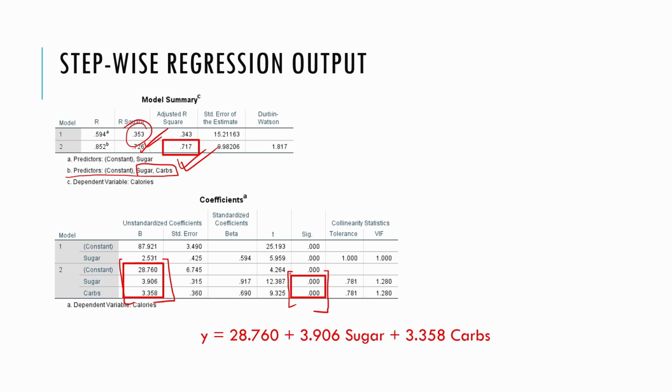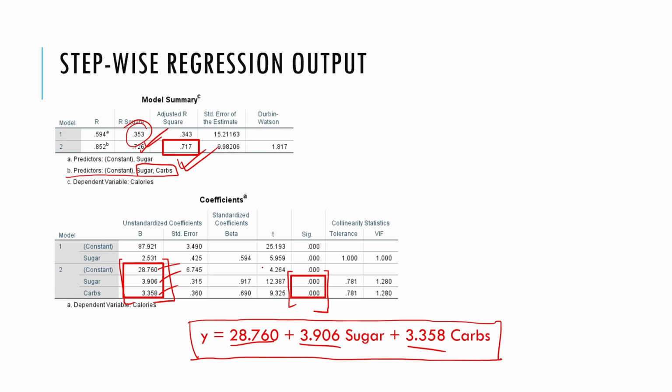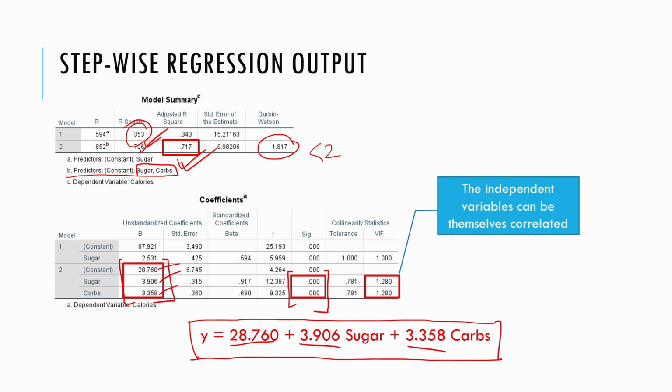So what will be your equation? Equation is 28.760, this one, then 3.906, this one, 3.358, this one. So this is your final model. And your Durbin-Watson statistics is also okay. This is less than 2. This is perfectly fine. Another thing that we need to discuss here is the variance inflation factor,